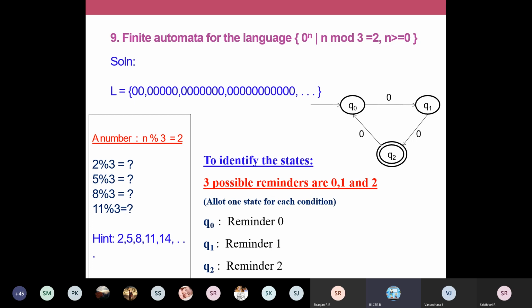So our diagram is going to have 3 states. That's how we identify the number of states. If my problem is with mod 3, my possible remainders are 0, 1 and 2, so we need 3 states to construct our automata.